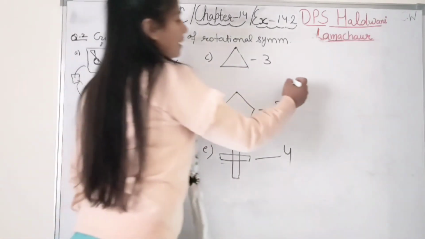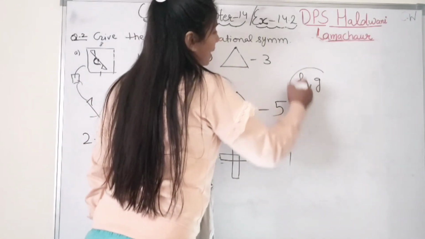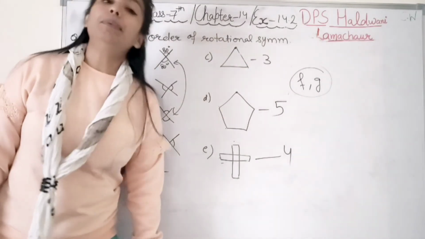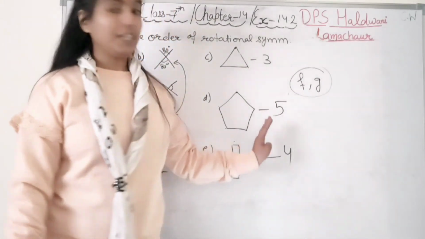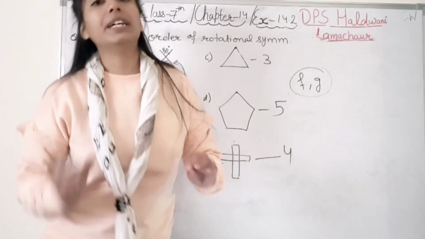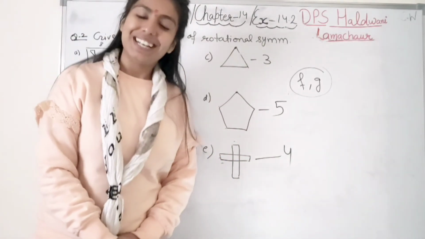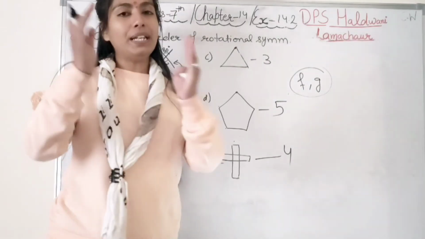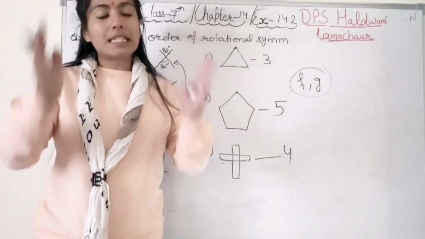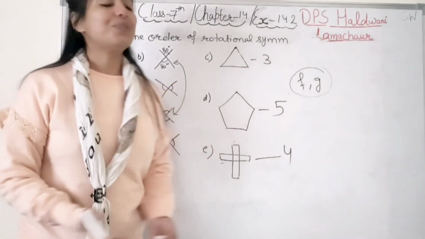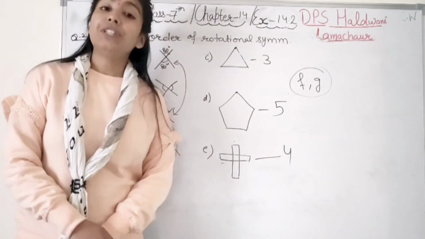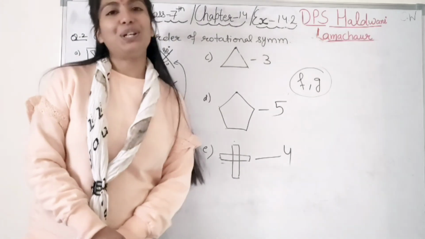2 more parts are there, F and G. Student, these parts are a little bit of an understanding one. Means you have to be vigilant. This figure, when you rotate, which type of figure it will make. Right, student? And the order of symmetry you have to tell when both the figures become the same position, like same only. Right? So this was about our rotational symmetry, which is as simple as you will do.